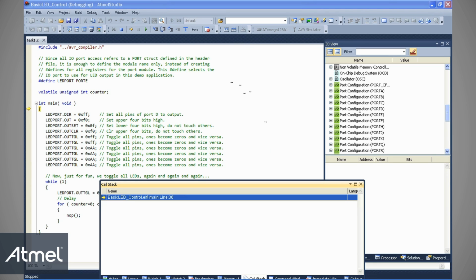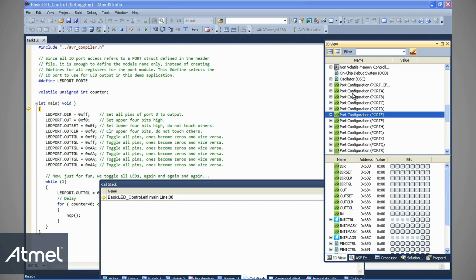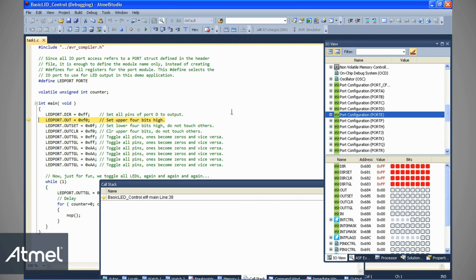With the debugger, you can use very nice features, like for instance the I/O view, which allows you to monitor all the peripherals of your micro. In this example, you can see the LED of port E, which is toggling